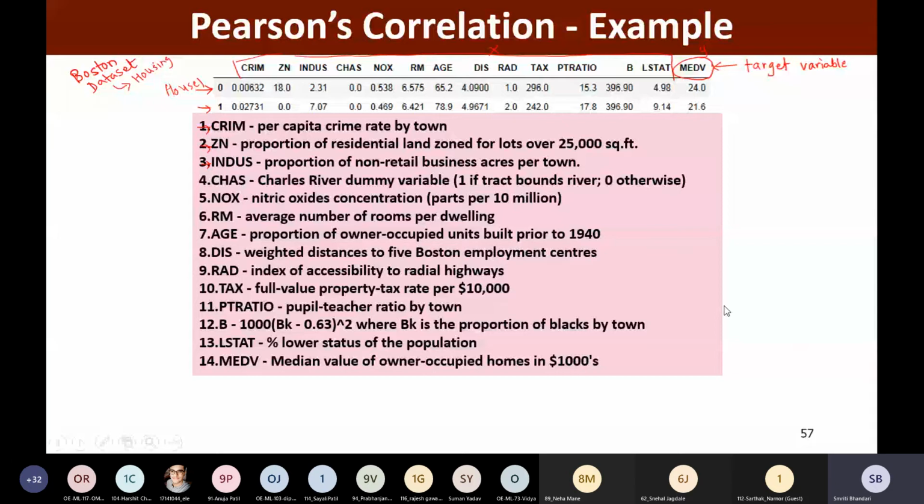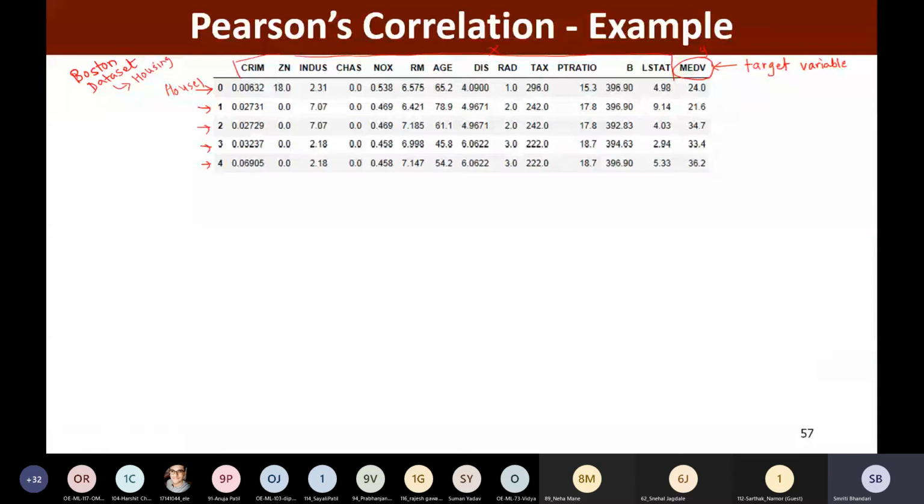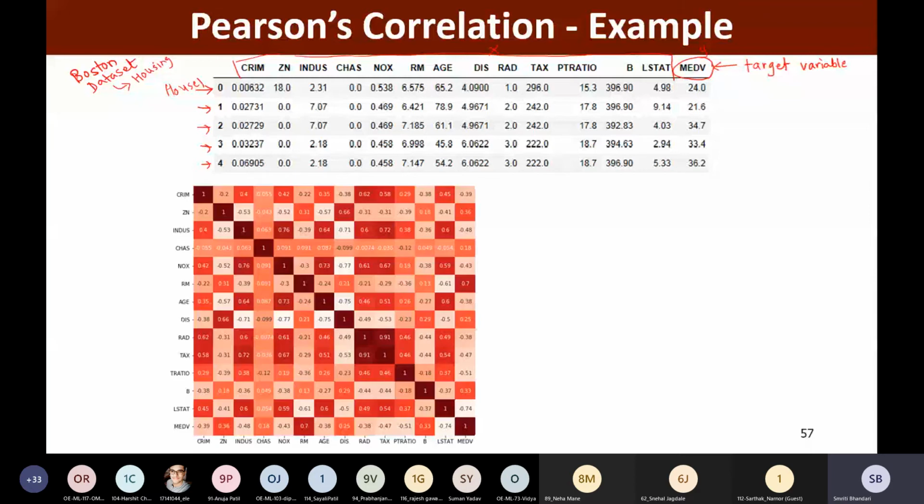So now we have this data set with us, right? And you have understood that the attributes or features describe one house, right? So based on all those independent variables, we would like to predict this MEDV value. So this is our target variable. What we are going to do next is find out the Pearson correlation coefficient between every pair of variables.